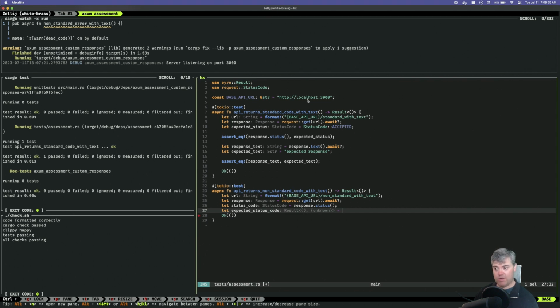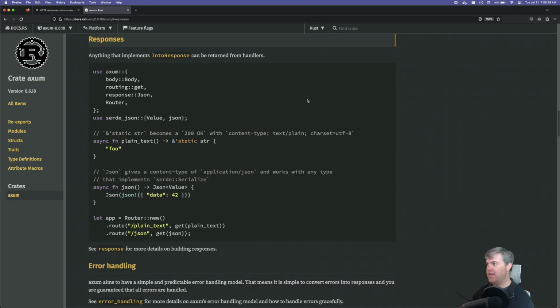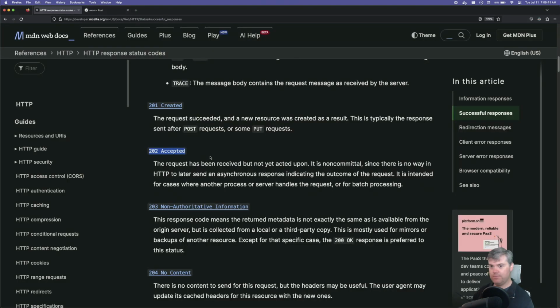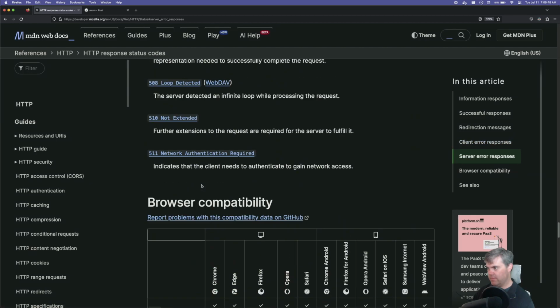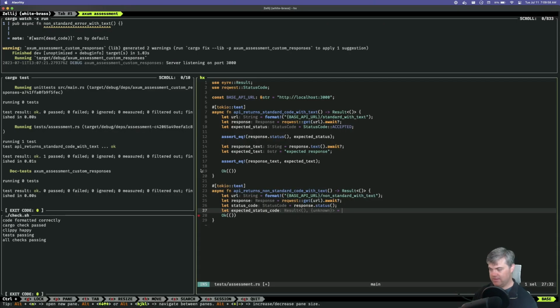Okay, so this is a non-standard code. Looking at MDN, that ends at 511. So as long as I'm below 1000, let's go all the way up to the top. Let's do 599. So I want you to be 599. I'm going to assert equal.